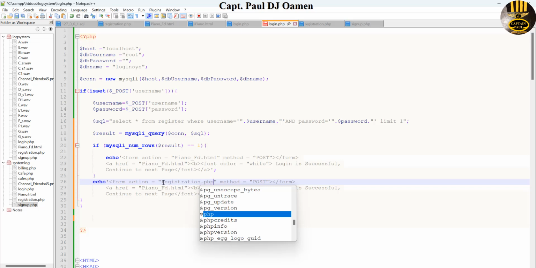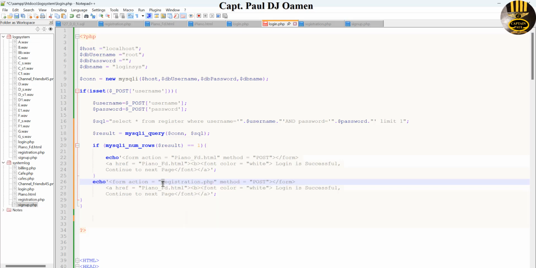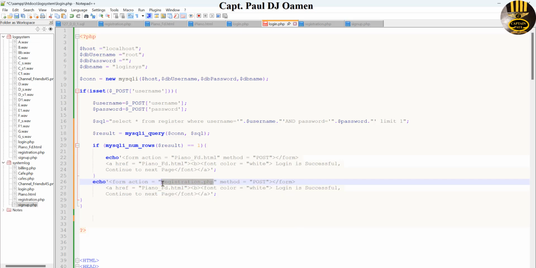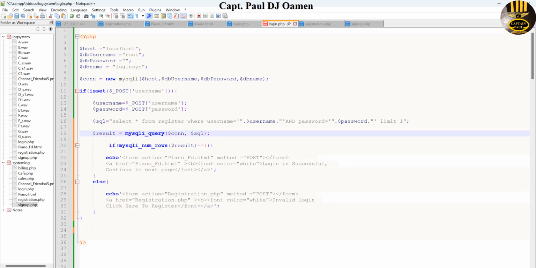Okay, so that's fine. Now I'm just going to copy this, dump it here, and the following message: invalid login. Click here to register. Here, click here to register, and that's it. So that is fine. We're going to save that,